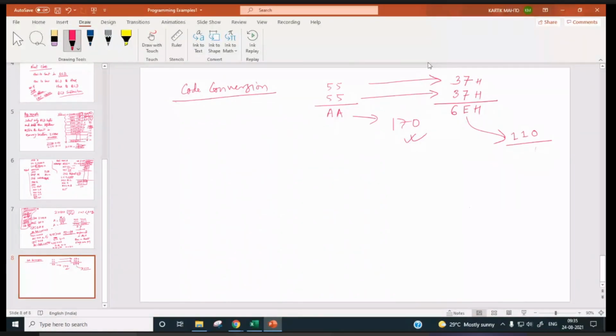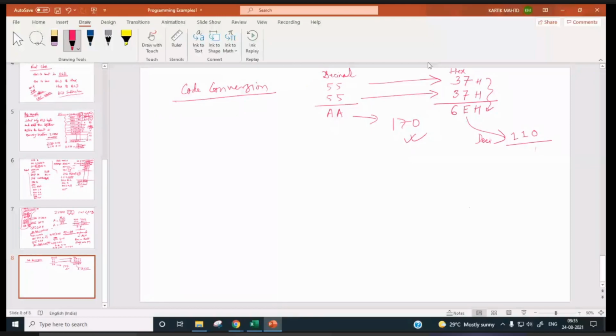So here what we are doing, whatever BCD decimal is this, we are converting to hex, we are adding them in hex, again we are converting that one to decimal. So result will be like this.